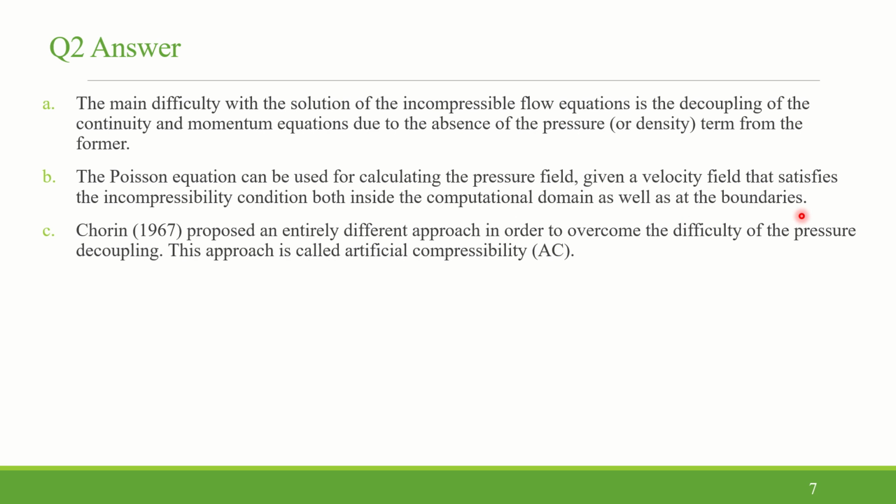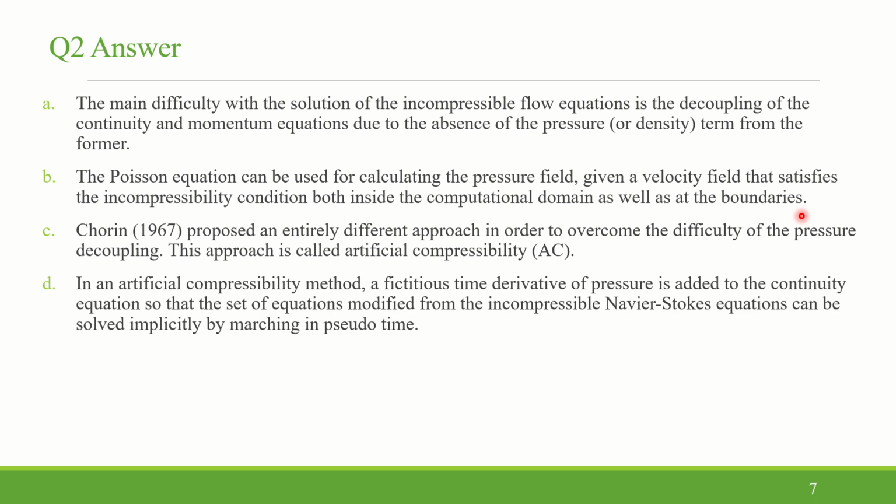So in order to tackle these things, Koren in 1967 proposed a different approach called the artificial compressibility approach, that is AC, and he proposed this method in order to overcome the difficulty of the pressure decoupling. So in the artificial compressibility method, a fictitious time derivative of pressure is added to the continuity equation so that the set of equations modified from the incompressible Navier-Stokes equations can be solved implicitly by marching in